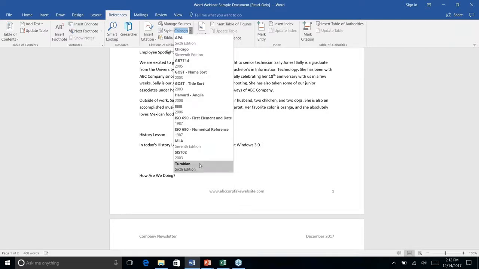So this automatically comes with all of the most popular citation styles, and it formats it automatically for you and then gives you the ability to go and edit things afterwards. Not only do you have the ability to edit it, it stays as a live feature within Word unless you specify otherwise. So if you are digitally submitting papers as a student, you have the option to keep that information in there. The professor or whoever is taking a look at the paper or a teammate or what have you has the option to view the citation within Word itself as opposed to having to include a bunch of extraneous